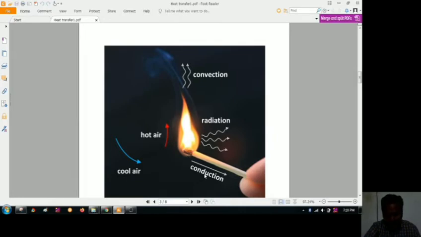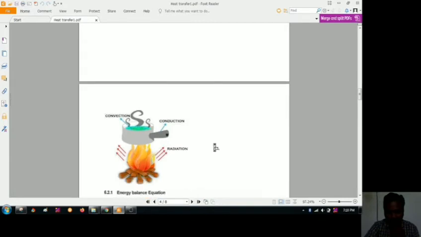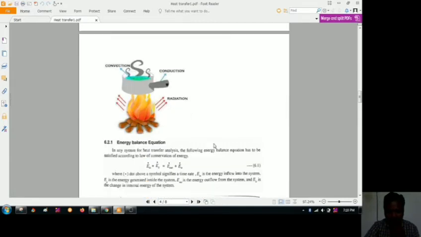So you can see here how conduction is occurring. First, ignition will occur here, and the conduction will proceed in this direction. In the convection, we can see that there is hot air as well as cool air, right? So the hot air is heating up, and then you can see the vortex formation over here, and the cool air is again coming in, and whatever the radiation is occurring. So we'll see one more example, that is cooking.